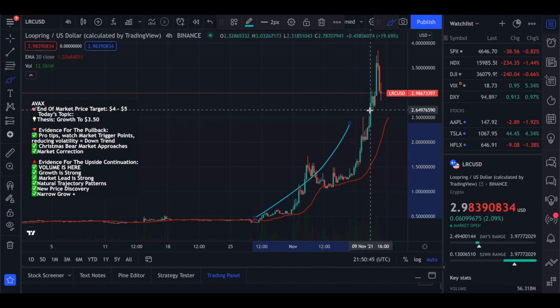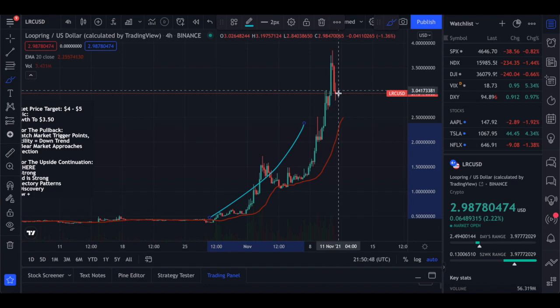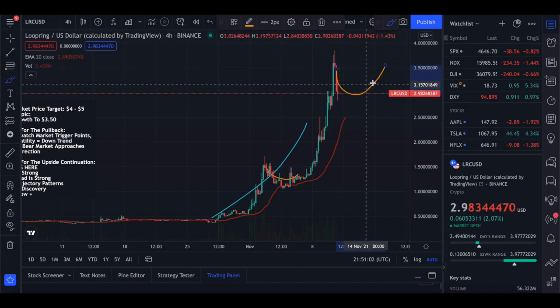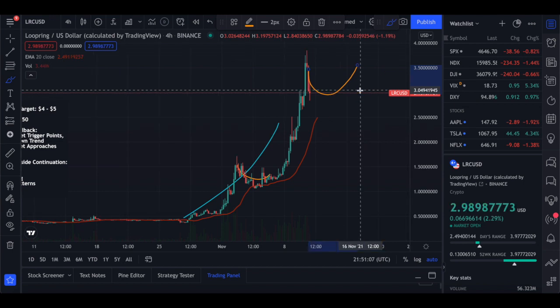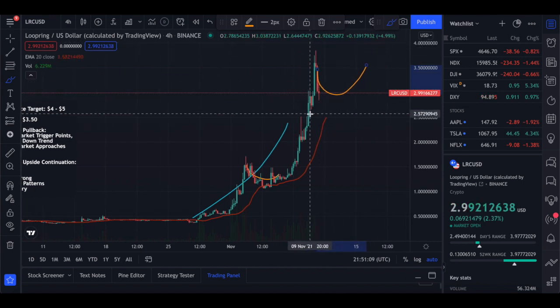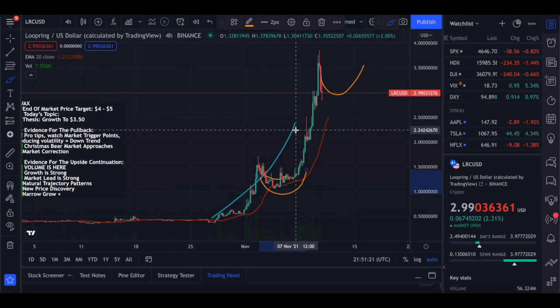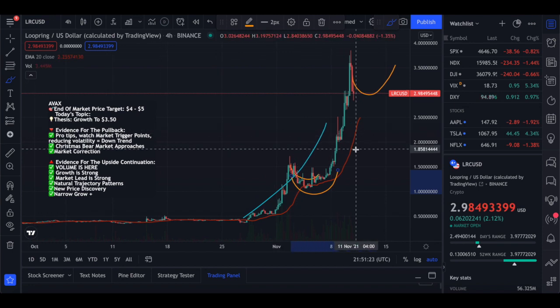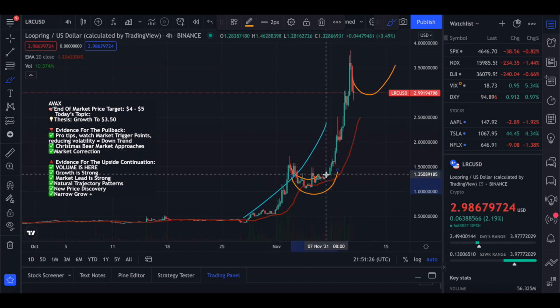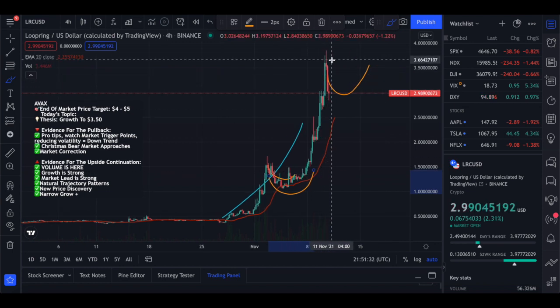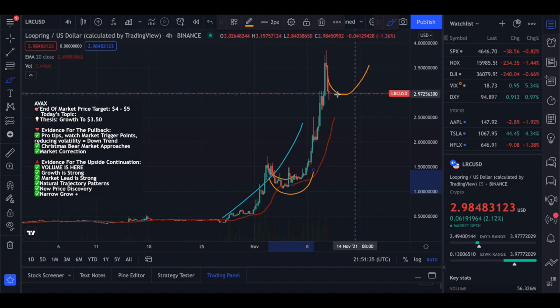So the question is, will we have another correction right where we are right now? And I think definitely that's exactly what we're experiencing right now, an additional correction. And this correction in the market is occurring as we speak. I'm looking forward to Loopring going up even more. Will it hit $4, $5 before the end of the year, like my prediction suggests? So that's the reason why I'm not going into too many patterns, because there aren't a lot of patterns on a weekly or monthly basis as of yet. We have to give it time, and I'll give it another week or two before I make another video on Loopring, and we can talk about the additional patterns that are occurring and where we can take it from here before the end of the year.